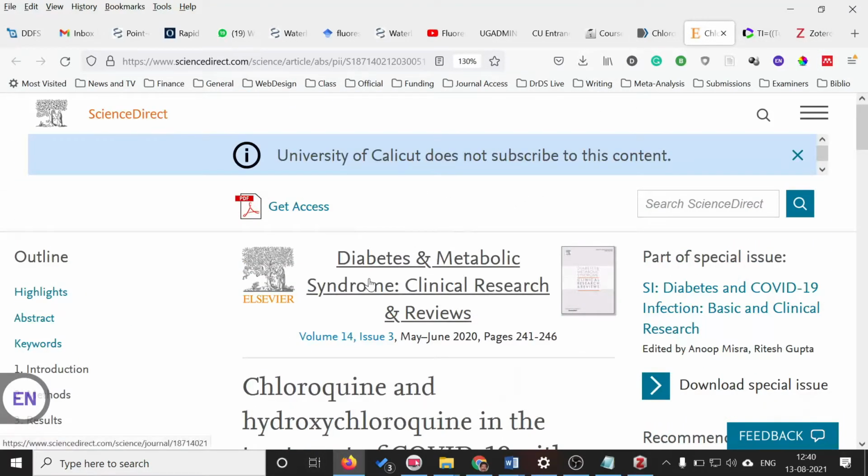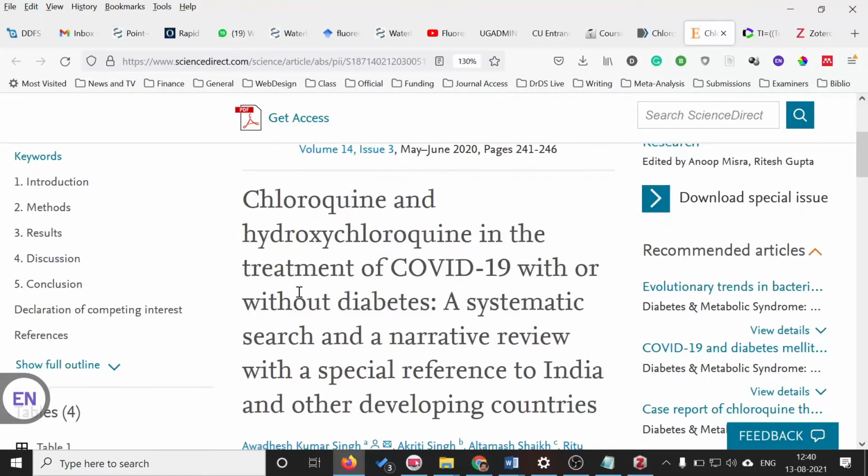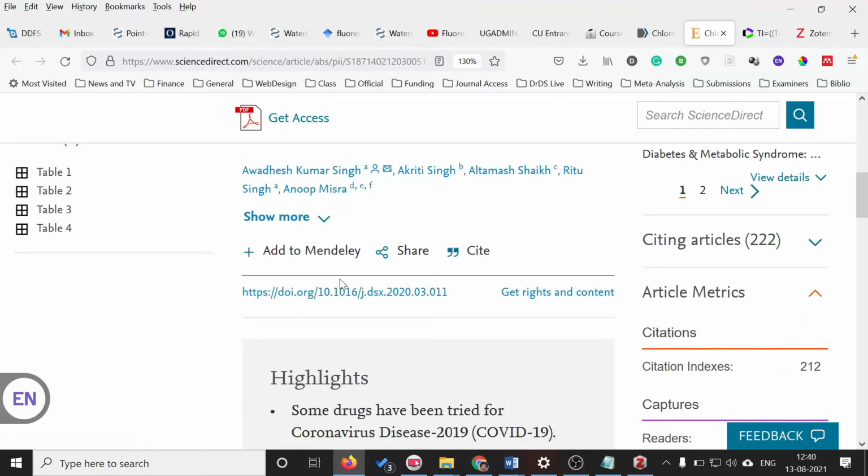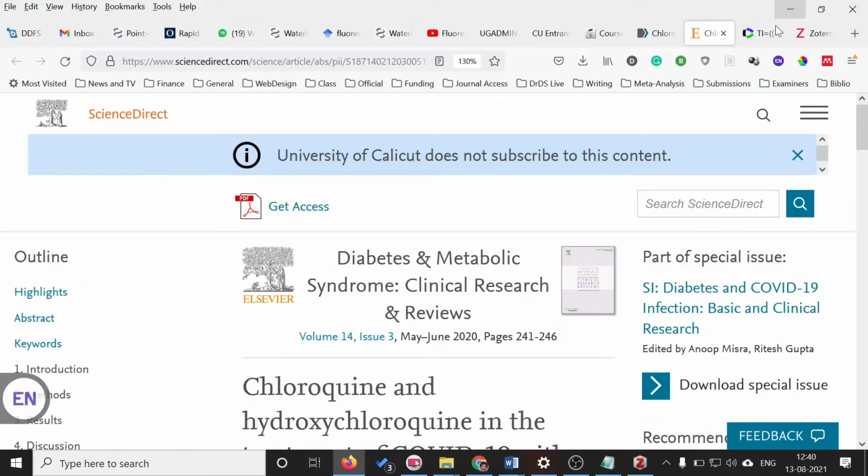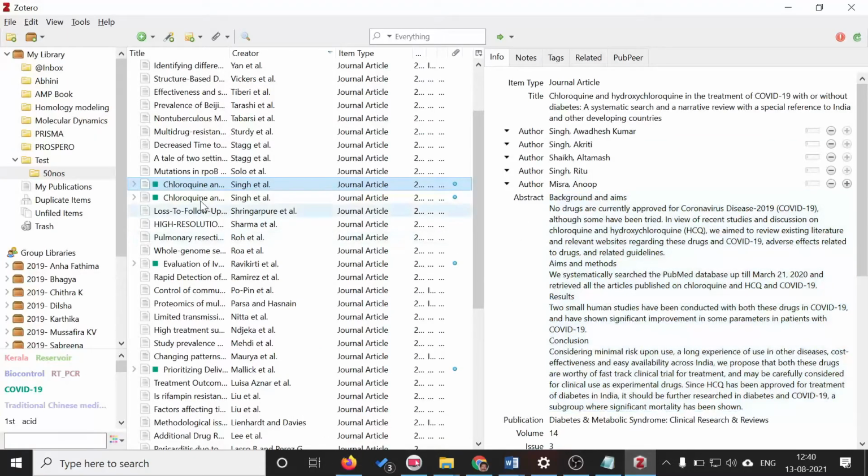So you have various options to download the references directly or as a list from the concerned database like PubMed or Web of Science. Or if you are visiting a single article on Web of Science or Springer, the original journal site, then you can click on the Zotero connector that is available. It will be saved, and if the free full text is already available, then that free full text can be downloaded here.